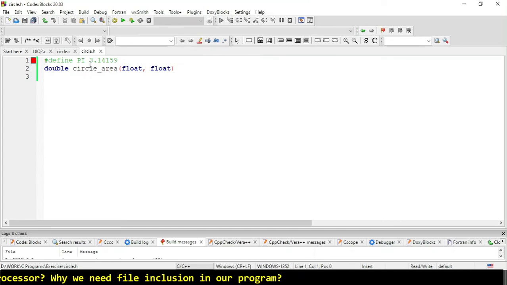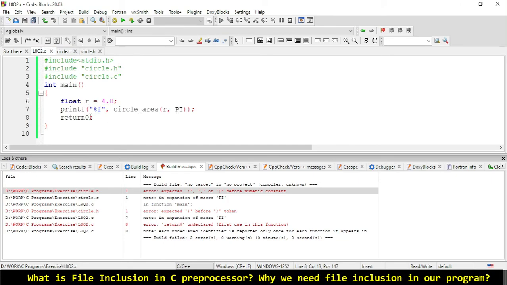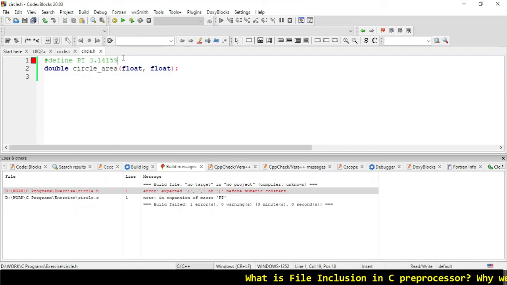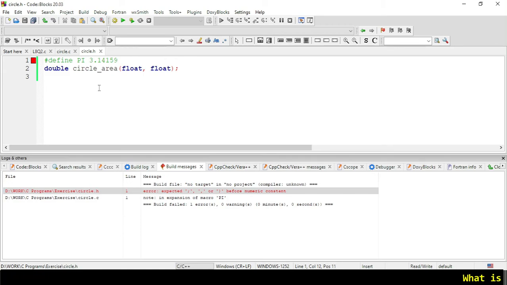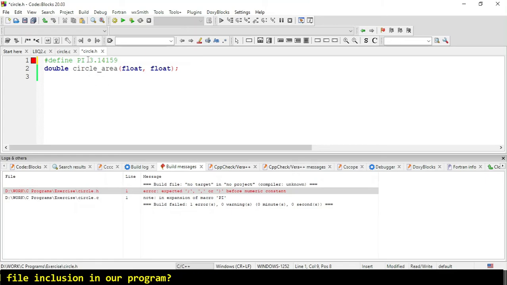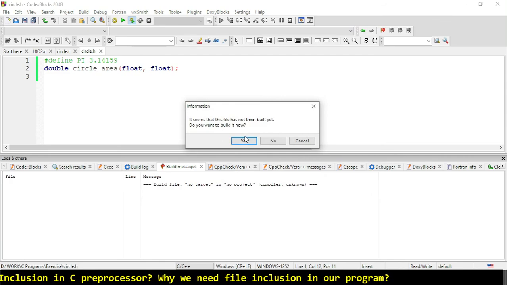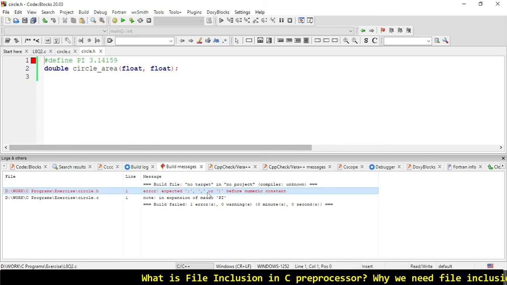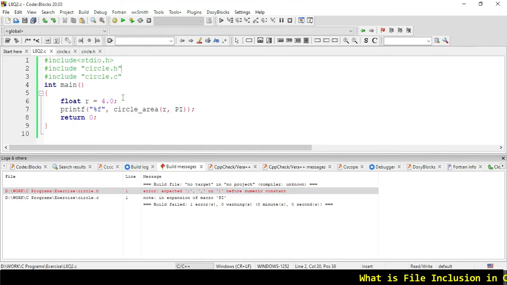We are getting an error. Okay, now it should work now. Why do we use these symbols? I don't know. We don't need to assign a semicolon after pi or like this. Yeah, so I got an error.